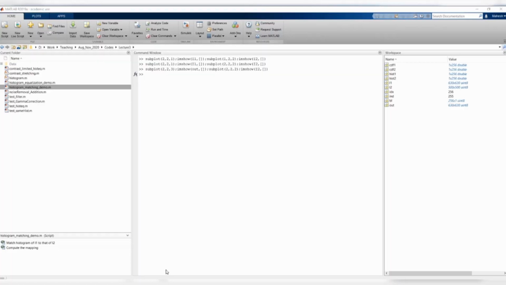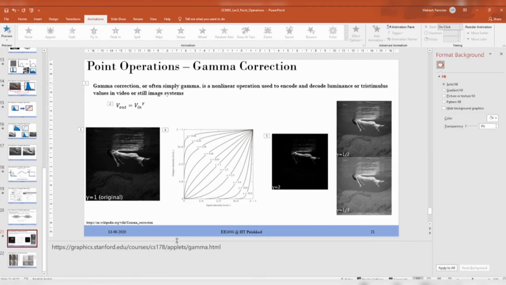That sums up our entire lecture on point operations. We talked a lot of stuff, right? We started off with image additions and image subtractions, then I slowly introduced histograms, then we did the thresholding operation, then digital negative, which is nothing but inversion of the image.